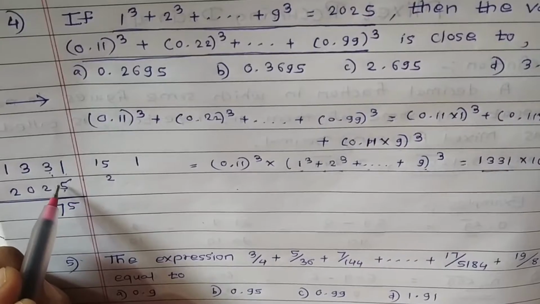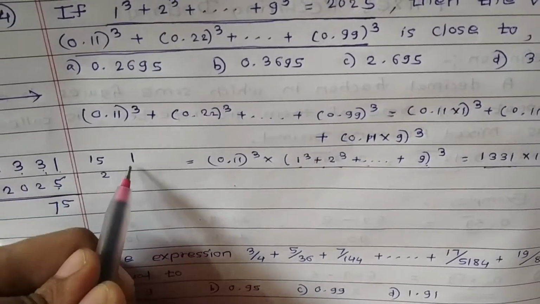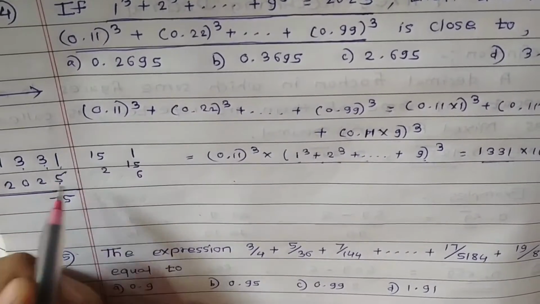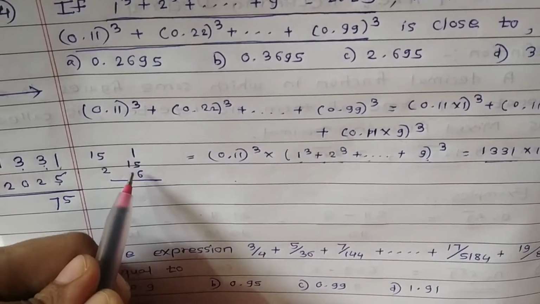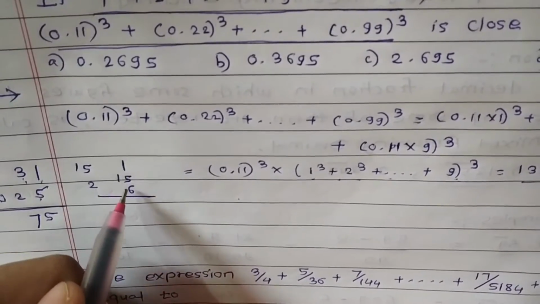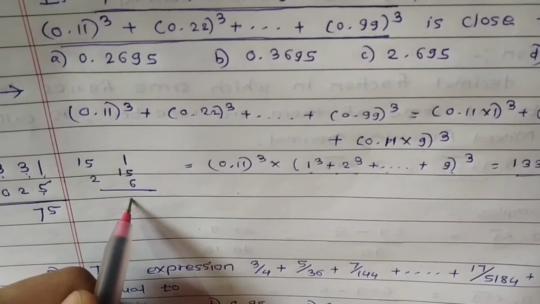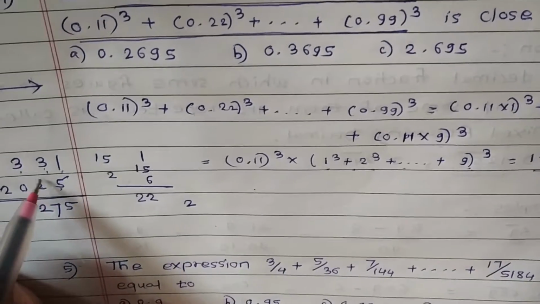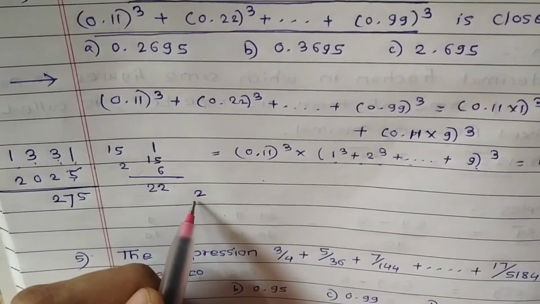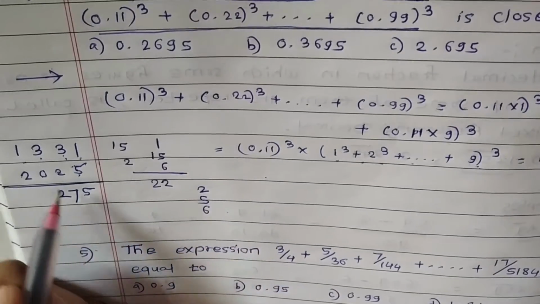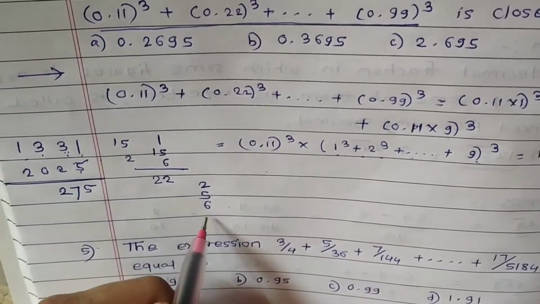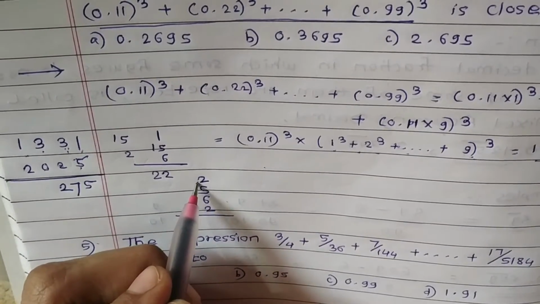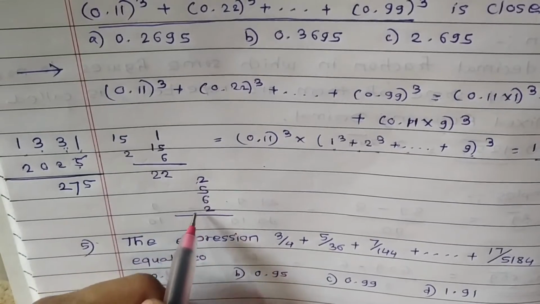Carry 1. Then make multiplication of 5 and 3, which is equal to 15, 3 and 2, which is equal to 6, and 0 and 1, which is equal to 0, and make addition of these all. 15 plus 1 will become 16 plus 6 will become 22. Carry 2. So make multiplication of 5 into 1, which is 5, 3 into 2, which is 6, 3 into 0 will be 0, and 2 into 1 will become 2, and add these. So it will become 5 plus 2 is 7, 7 plus 6 is 13, 13 plus 2 is 15.